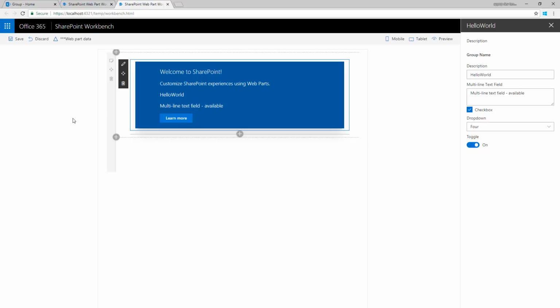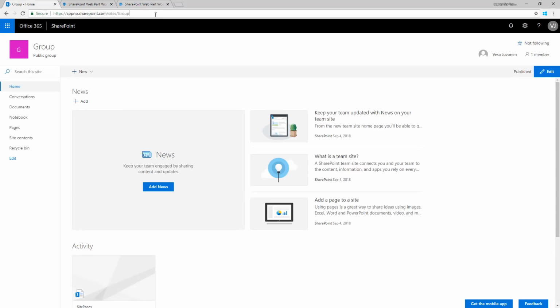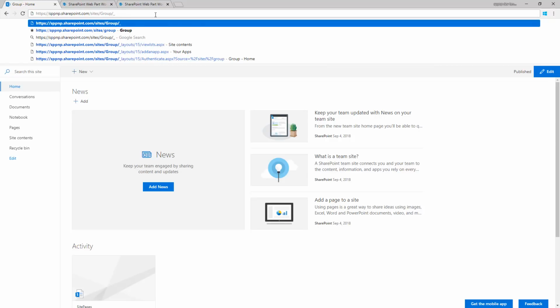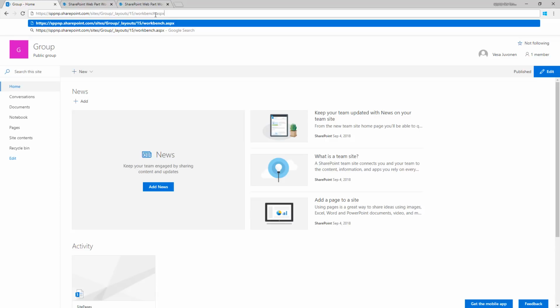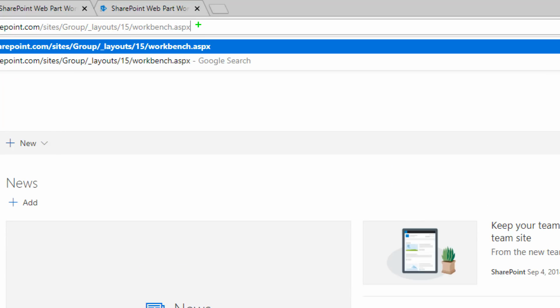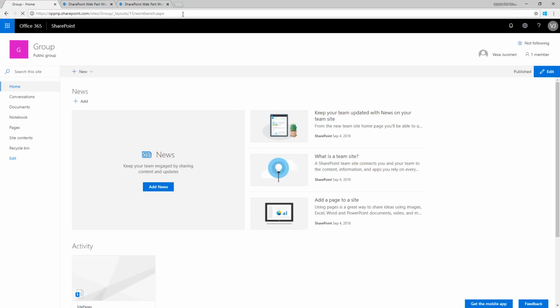Now, if we want to test the same functionality in the context of SharePoint, we can easily do that by going to your tenant, whatever tenant you want to use, and requesting the online workbench. The online workbench is located at a URL underneath every single site. If you go to _layouts/15/workbench.aspx, that's where the online workbench exists. So if I press enter, it's going to load the online workbench,